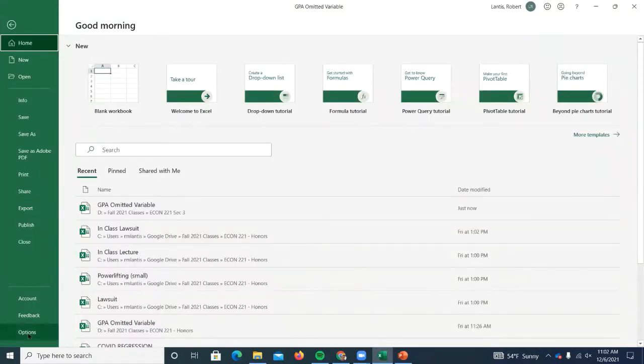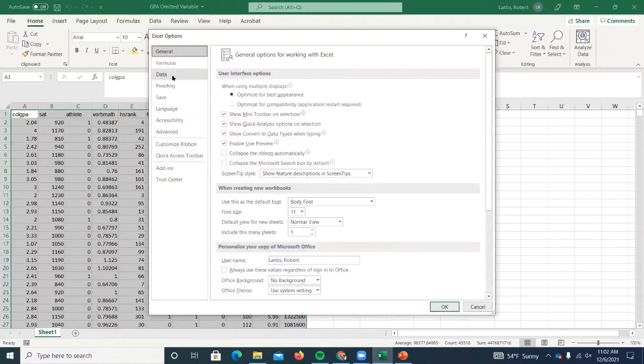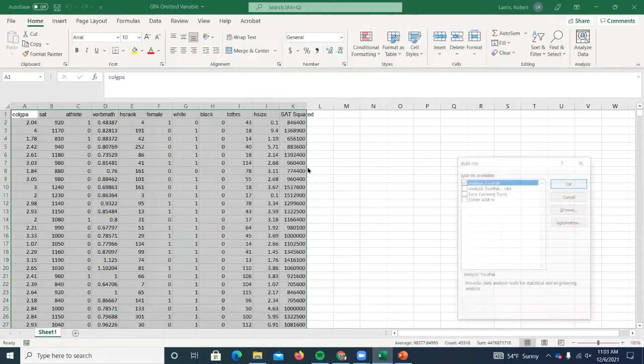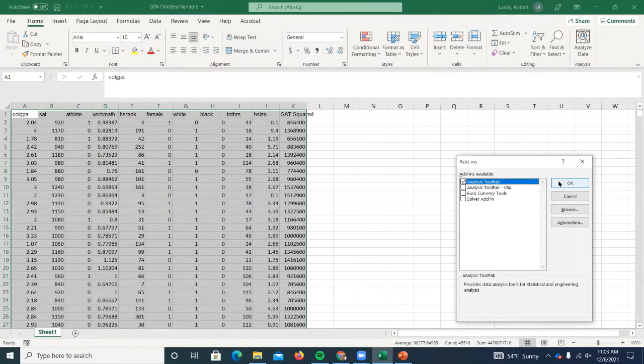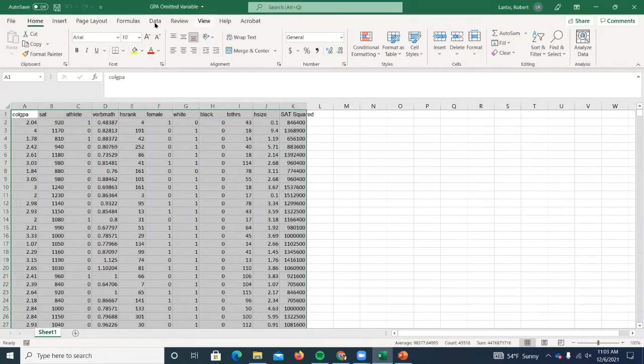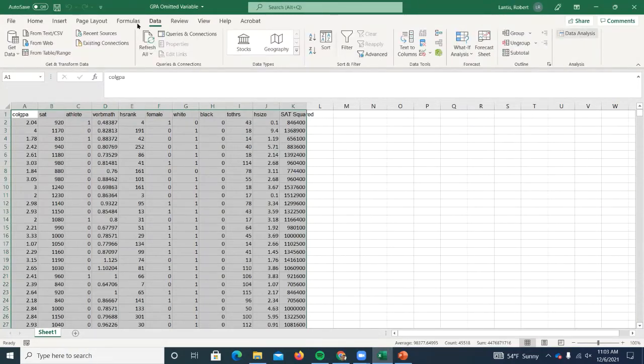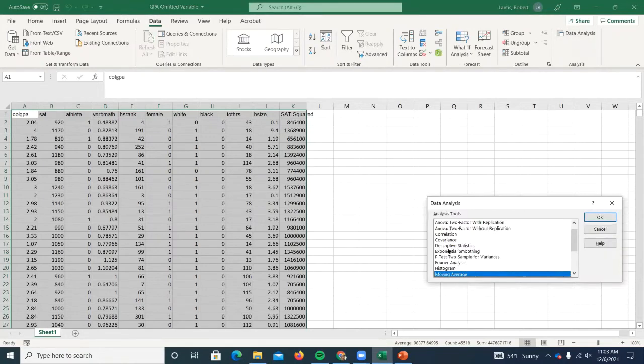If not, we go to options, add-ins, manage the add-ins, and make sure the Analysis ToolPak is there. On a Mac, like I said, if you go through the tools bar and you see add-ins, make sure that this is checked, right? So once that's checked, we can go to the data tab, go to data analysis, scroll down to regression,